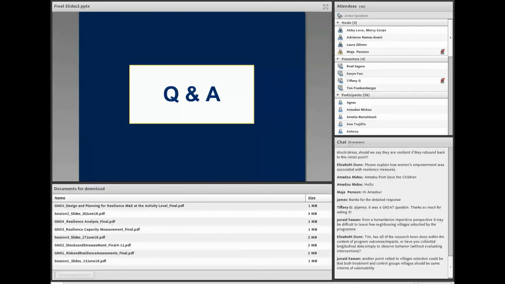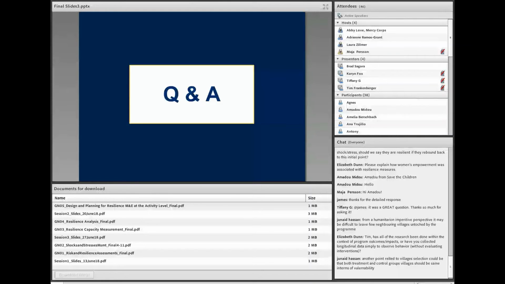Yeah, so I think there's a few things to add here. The examples that Tim was walking us through are basically the best version or the ideal version of how we can do resilience measurement, and that we understand that it's a complex and dynamic concept that changes over time. So we need to have this longitudinal data. And we should strive for that wherever possible. But we also recognize that there's always budget, time, and personnel constraints. And so